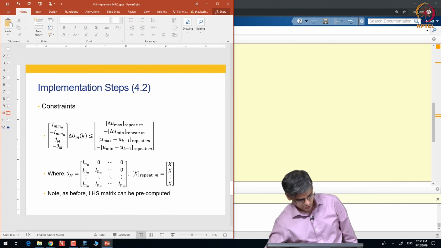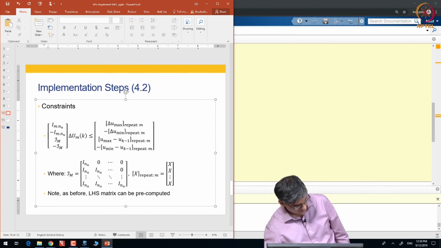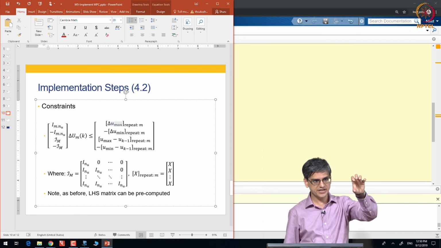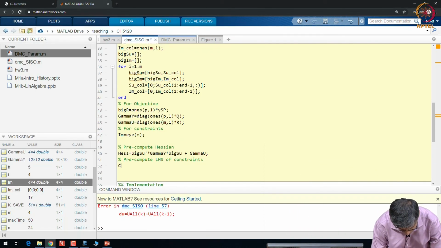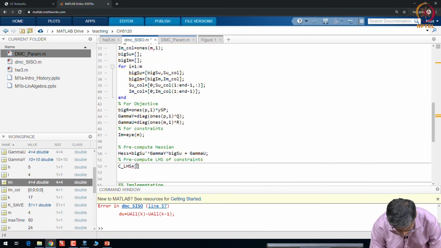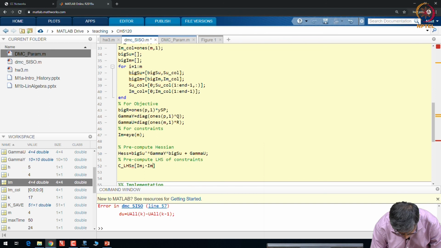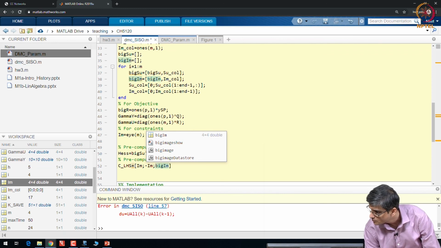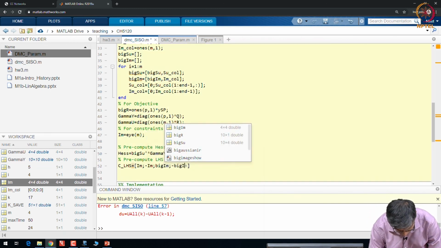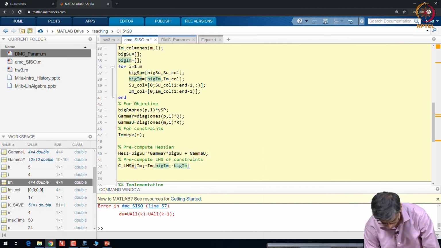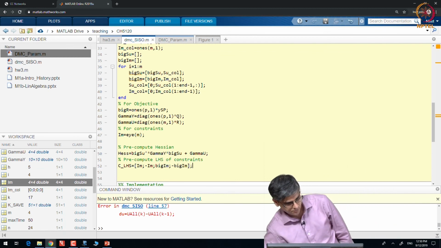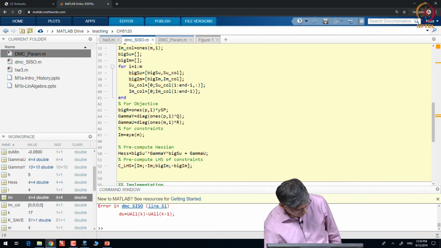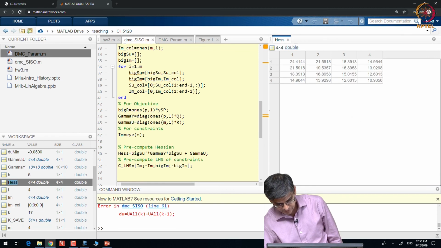We also need to pre-compute this guy, which is big Im minus big Im. Yep, we have the Hessian.